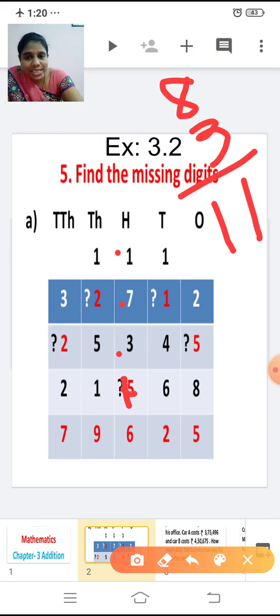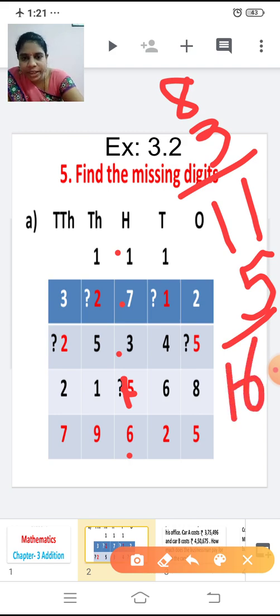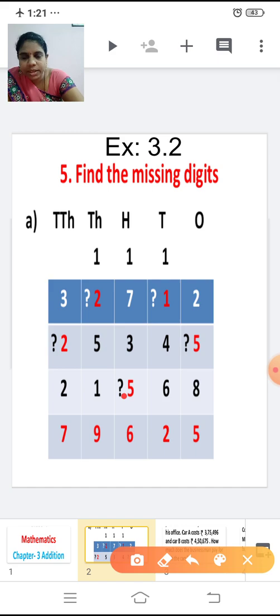Now tell me what is the answer? 6. So I have to add to 11 in such a way that the unit place is 6. With 11, what number should I add so that the unit place is 6? After 11, 12. So if I add 1, 12. Is the unit place 6? No. 13, 14, 15, 16. So how many numbers have I added? 5 numbers. If I add 5 more to it, the unit place is 6. So write 5 here.